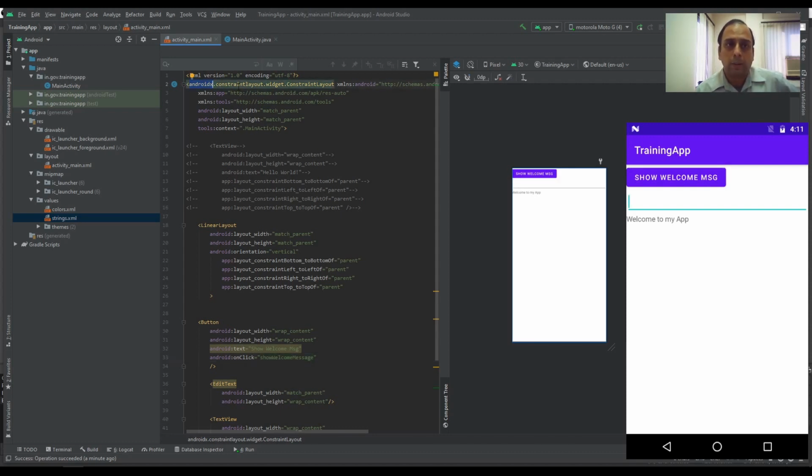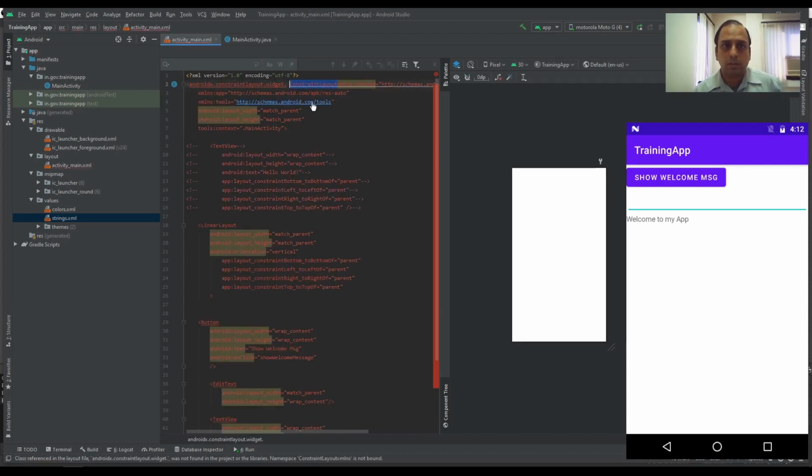The ConstraintLayout is by default not available in Android, so if you want to use it inside your app, you have to depend on the AndroidX library. Within AndroidX there is a constraint layout, within it there is something called widget, and within widget again there is a ConstraintLayout. The name is the same but their functions are different.